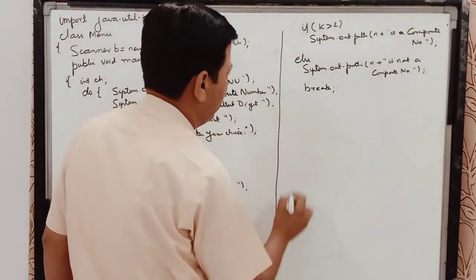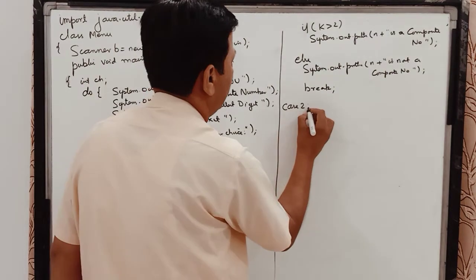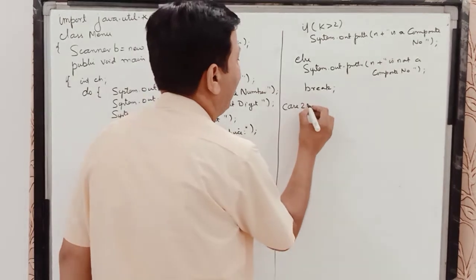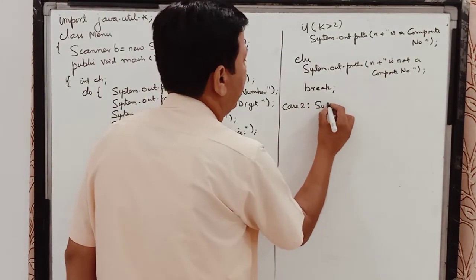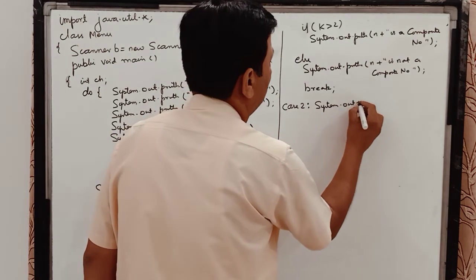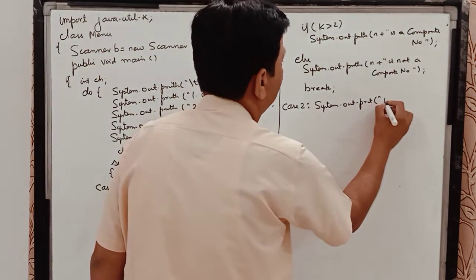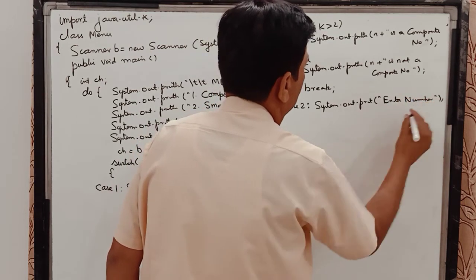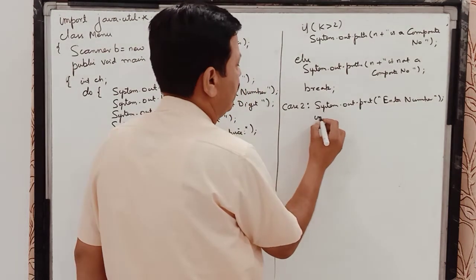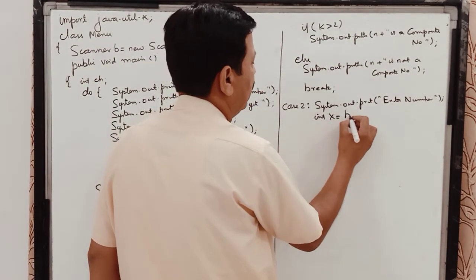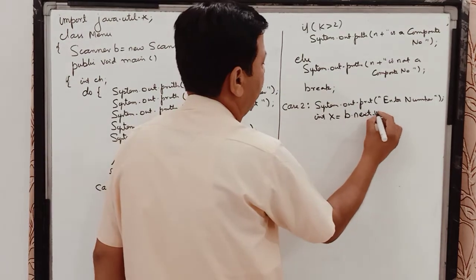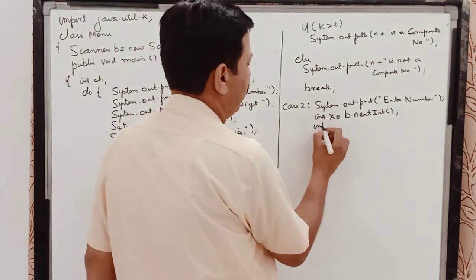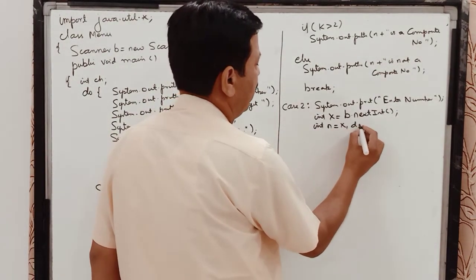Now we come to the second part of the program, that is case 2. Here we have to find the smallest digit of a number, and this program also we have done recently. So here I have to first take out the digit. So before that I enter a number. So I say enter number, and this number I am inputting in variable x. So next int. And children, for digits we already know what we are all doing. N is equal to x, d is equal to 0.